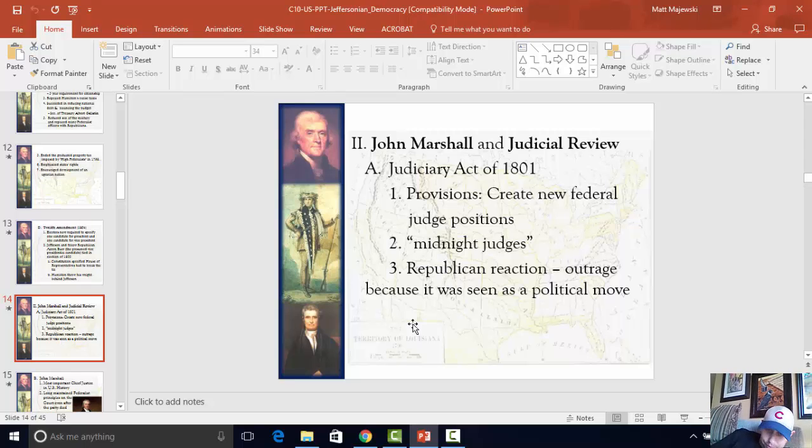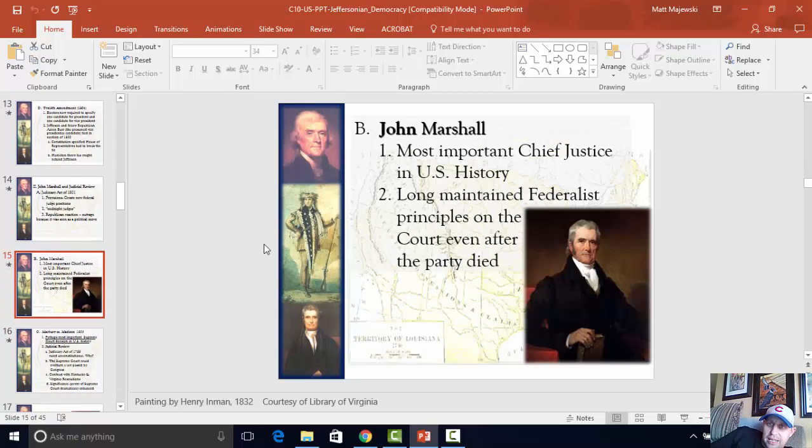Now, Republicans are kind of outraged by all this. They know what this is. This is just a political move by their opposing party to try to maintain control over one of those branches of government. And so when Jefferson and Madison come in and take over the White House, there are these judge commissions on Madison's desk, and they decide, hey, don't deliver them. All right, whatever. Those guys didn't get them delivered in time. We don't support this, so we're not going to deliver those judge commissions. We don't believe they're necessary. Next slide.